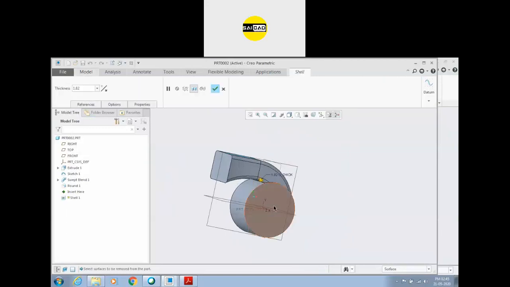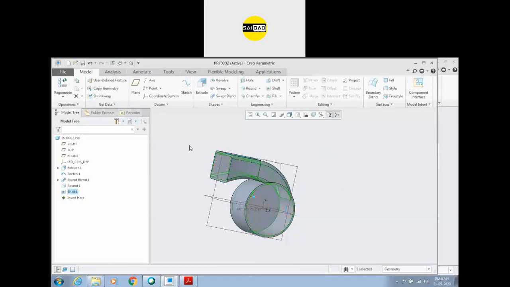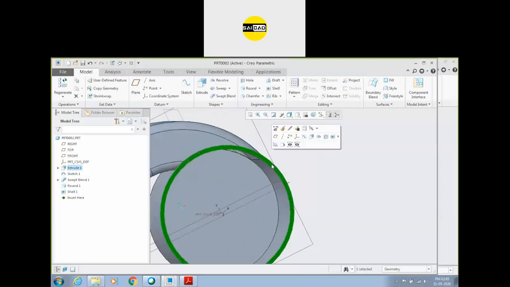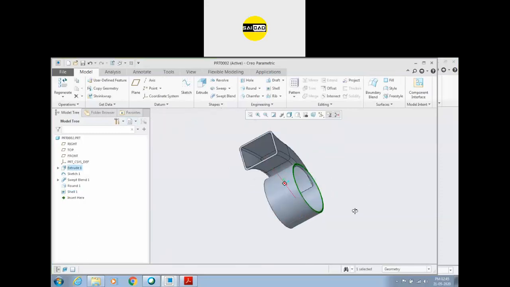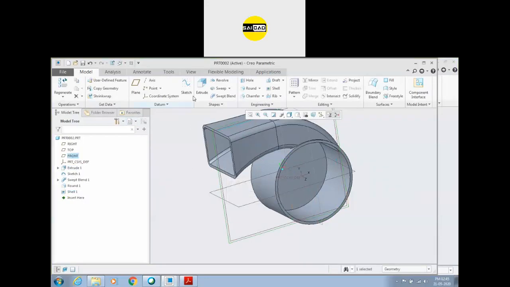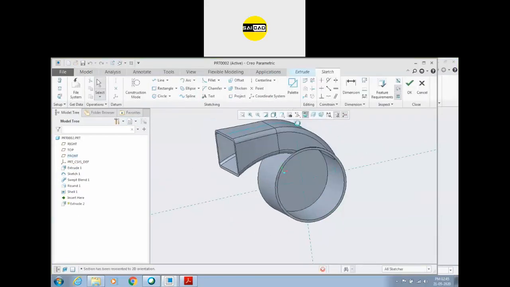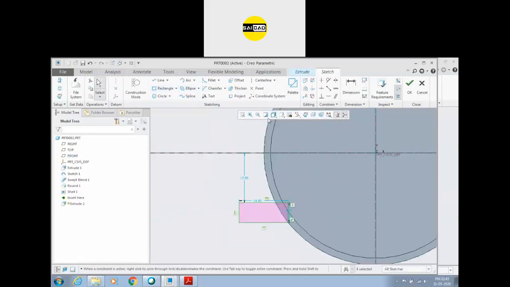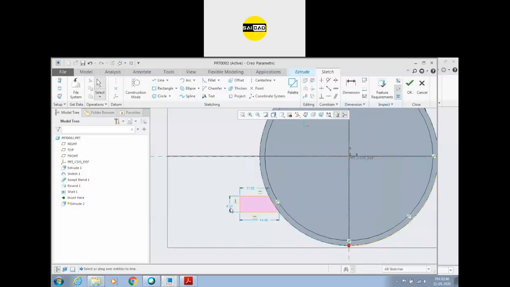After that, just go to the shell, select the faces you want to remove, select the thickness. The thickness is 2. You can calculate that from the drawing. So this is the shape. After that, you have to just create the flange here, the base somewhere here. So to create the base, go to the extrude like that, just create a rectangular shape like that and go to the project, like this one, close, go to the trim those, and we have some values. This one is of thickness 3,